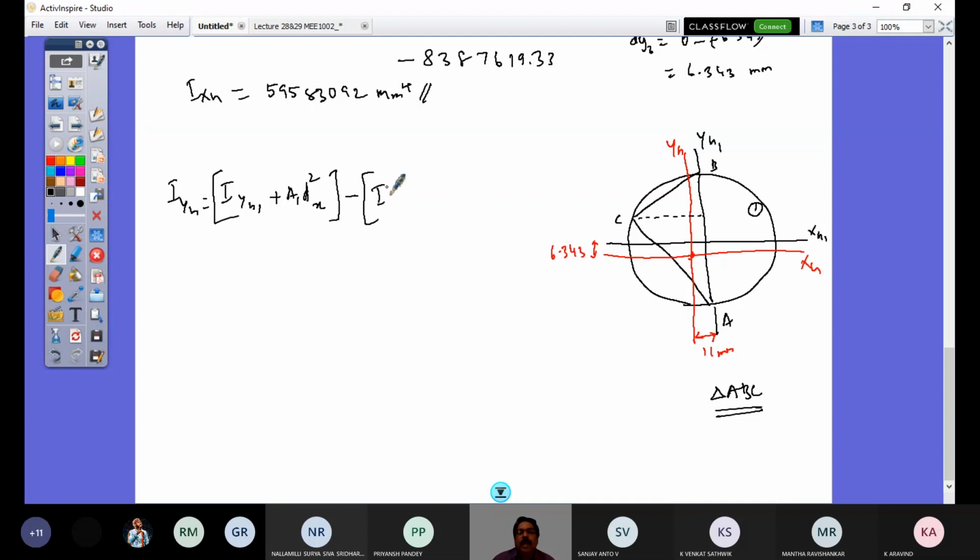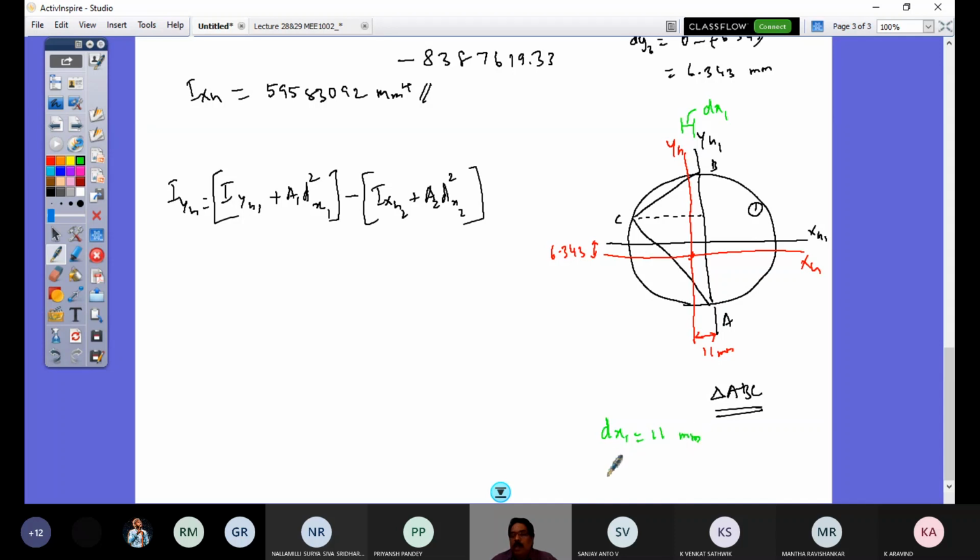minus IYG2 plus A2 dx2 square. By the way, first we'll write what is this dx1, dx2 value. This is all just measuring carefully, that's all. So dx1 would be what is that, the distance between yg axis and yg1 axis, that is dx1. So this distance is what is dx1. So how much is that? 11 mm,